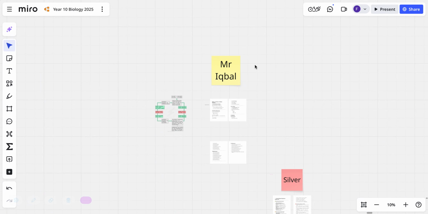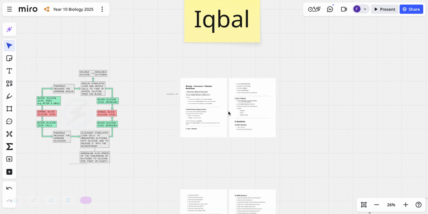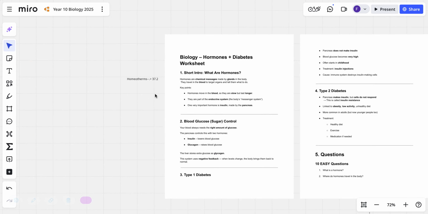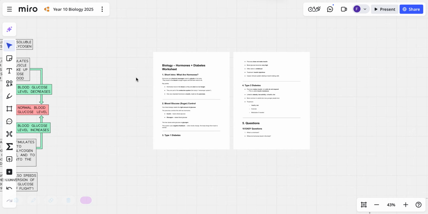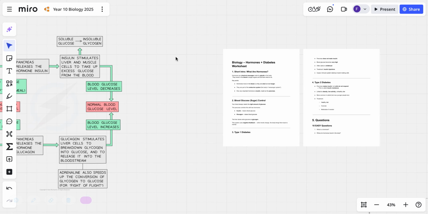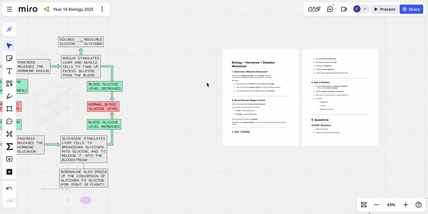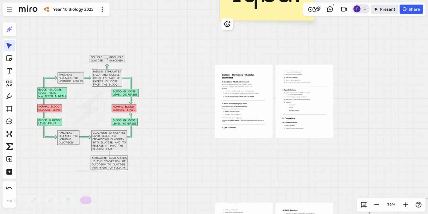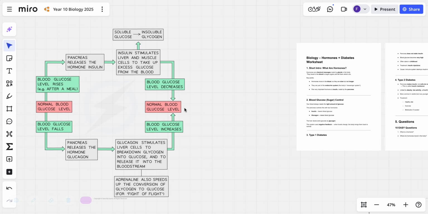All right, so last session in homeostasis, we looked at regulation of the body's temperature. Today, what we're going to look at is regulation of blood glucose levels. Now, this is really important. There's a disease that's quite prevalent called diabetes, and it's all to do with how much glucose is in your